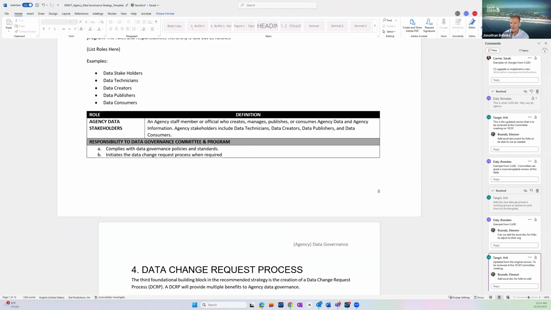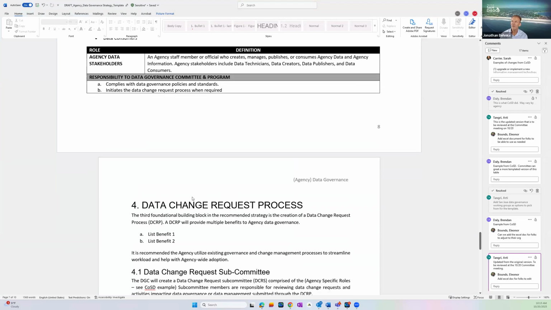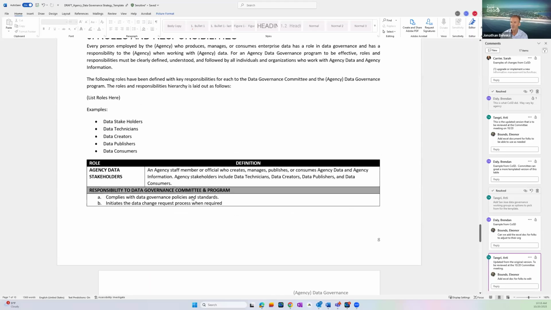And this section here, I guess throwing it out there, would it be beneficial to take these examples and provide some examples of responsibilities for these common roles out there? I see we have some examples listed. A question I would have on that is, since each agency might look a little different, do we want to get that granular or is that something